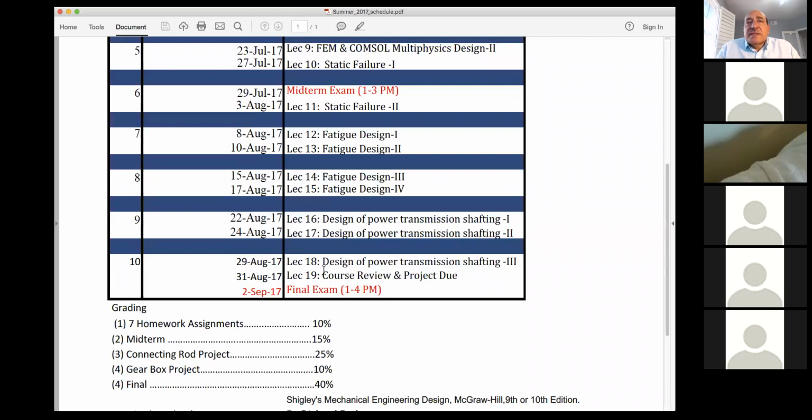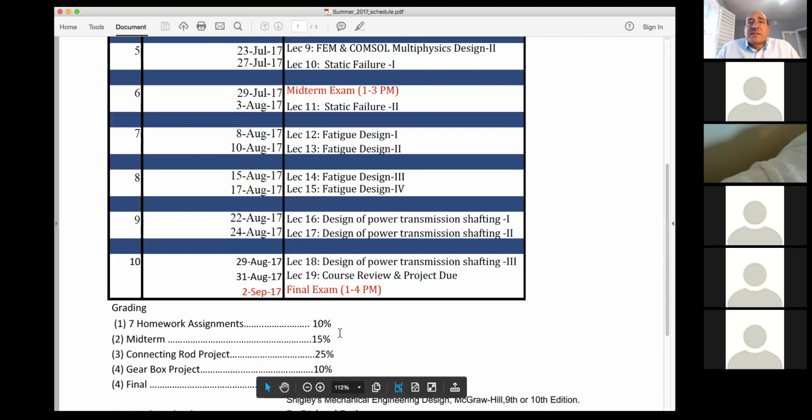The 7 homework assignments will be directly from the material that is covered in the videos recorded online, and we will review some of that on Saturdays together. Then the midterm is 15% of the grade.